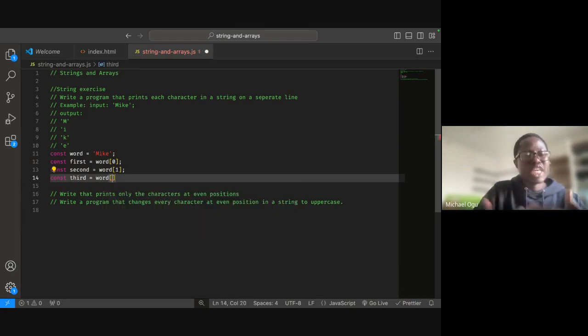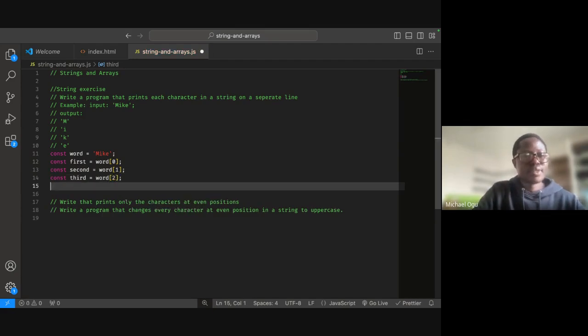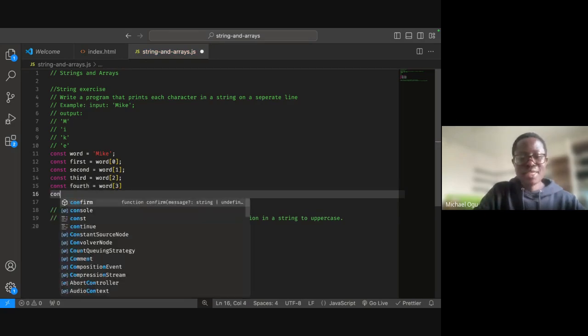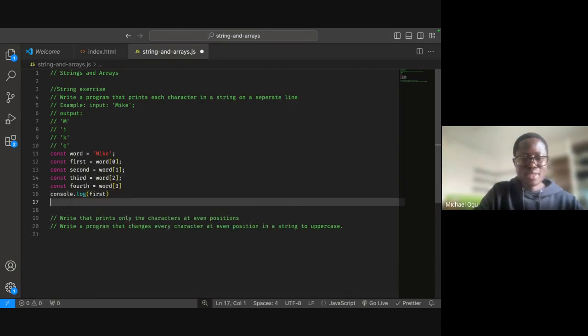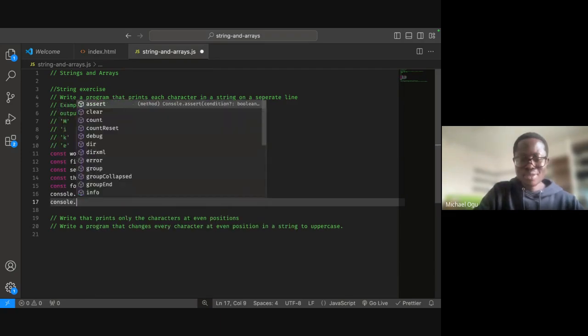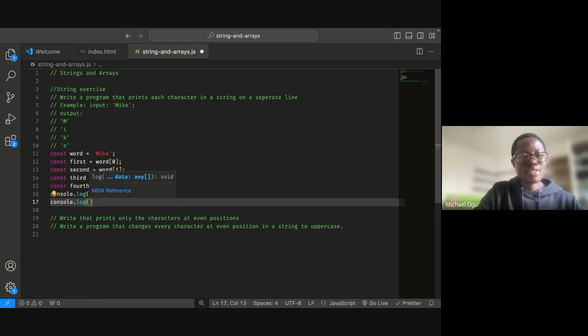Yeah, because you are now the one expressing the solution to the computer because you know how to get each character from it in the string. Okay, so I'll say const. Okay, so I can now say console.log first, console.log second,